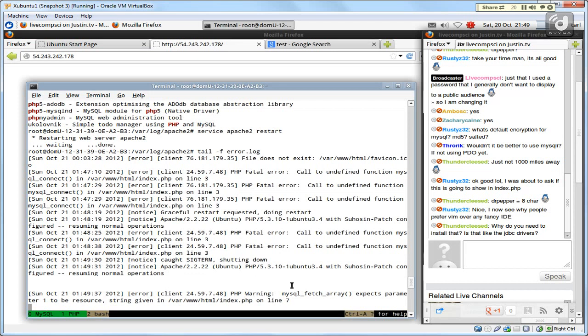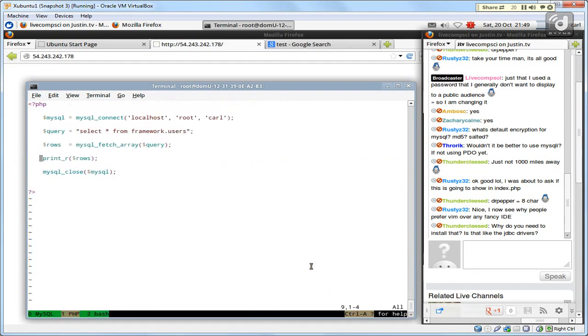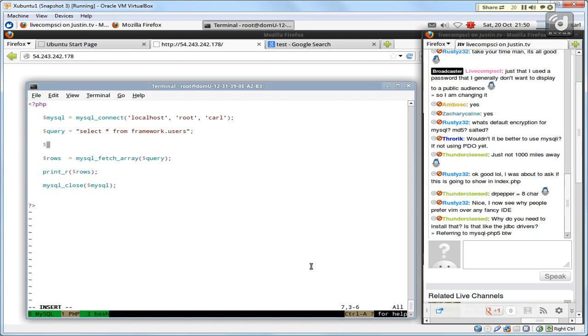So I now know that the MySQL connect function worked properly, but we've got an error here. So let's see, mysql_fetch_array. Before we can store the result into an array, we actually have to run the query. mysql_query is the command that's going to run the query. So we specify,